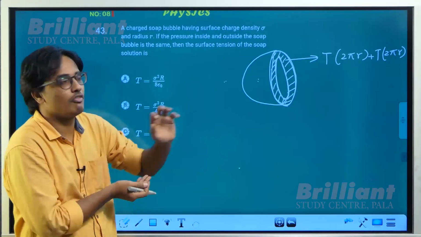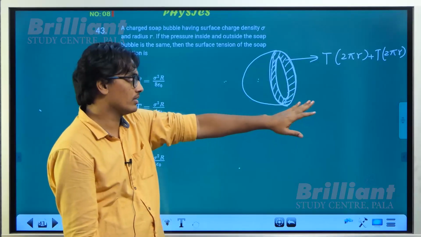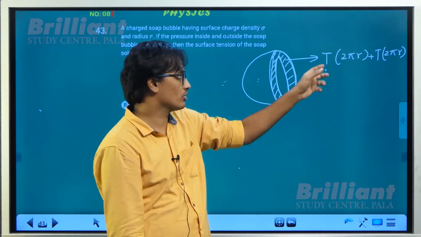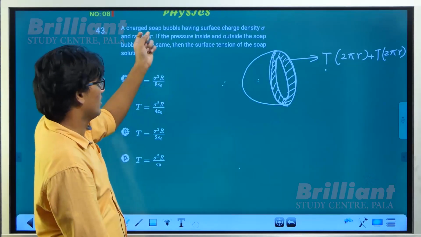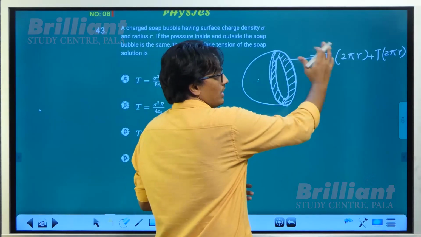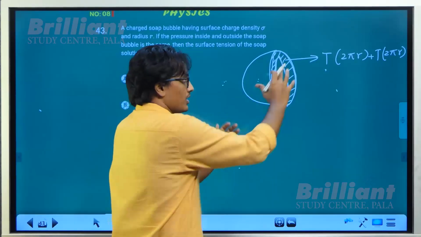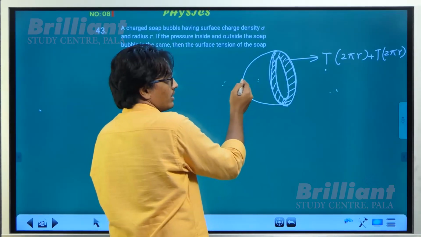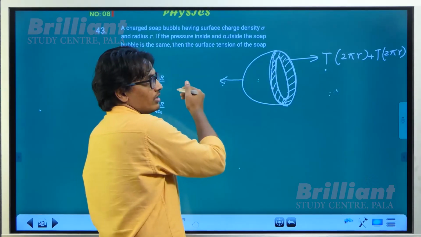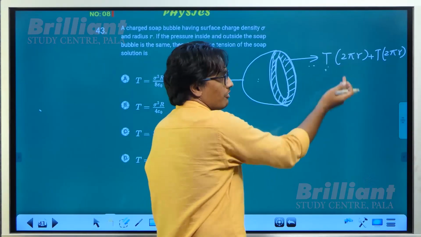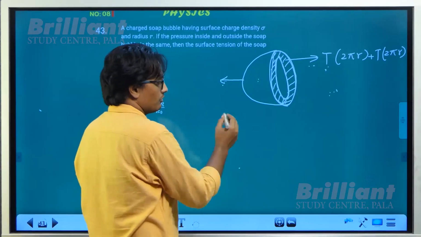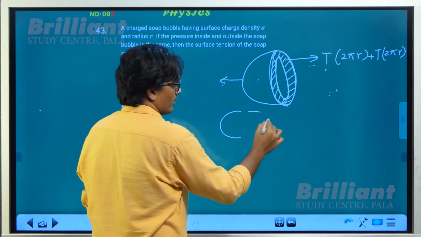So someone must be balancing this. The pressures are getting cancelled. There is a surface tension force, so someone must be balancing this. Who is that someone? They have said a charged sphere. So if there is a charged sphere, the other half will be repelling this one. So you have the other half which is pushing this away, and that is balanced by surface tension. Now how do you find this force due to the other half? So you have one half and the other half.